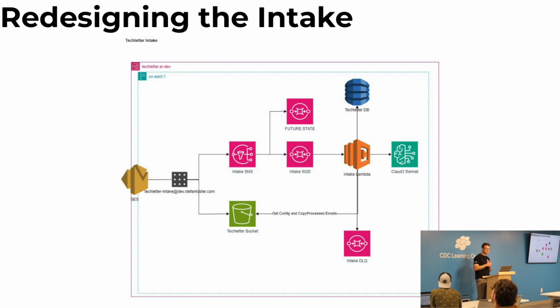If I want to expand consuming these SNS notifications or these email notifications to do anything else, process that email on a separate service, maybe I want to do a comparison where I'm using the Claude model and also the Llama 2 model or some other Anthropic model, I can do that. And then from there, an intake Lambda takes it, sends it to Claude, says, hey, here's what I want you to do with it. Give me some JSON output. And then it'll store the summary and the tags that the Claude model generated